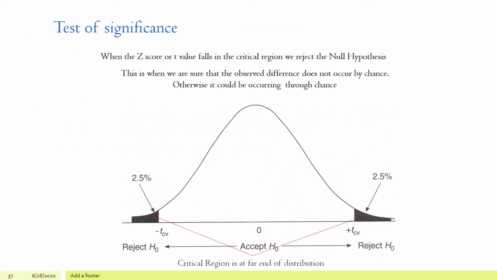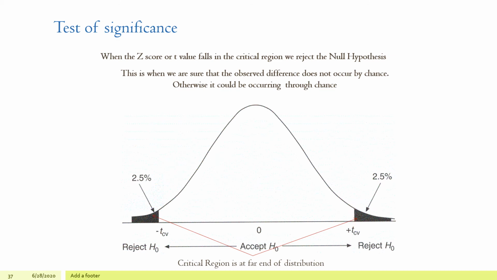So, tests of significance. The z-score means the area. We already discussed that the area of the normal curve is 1. The z-score or t-value if you are doing a t-test. This is the t-value. If you are doing ANOVA, this is the ANOVA value. Z is nothing but depends on the test. For a t-test, Z is t. For ANOVA, that is F. If the value falls in the critical region, we reject the null hypothesis. This is the critical region.